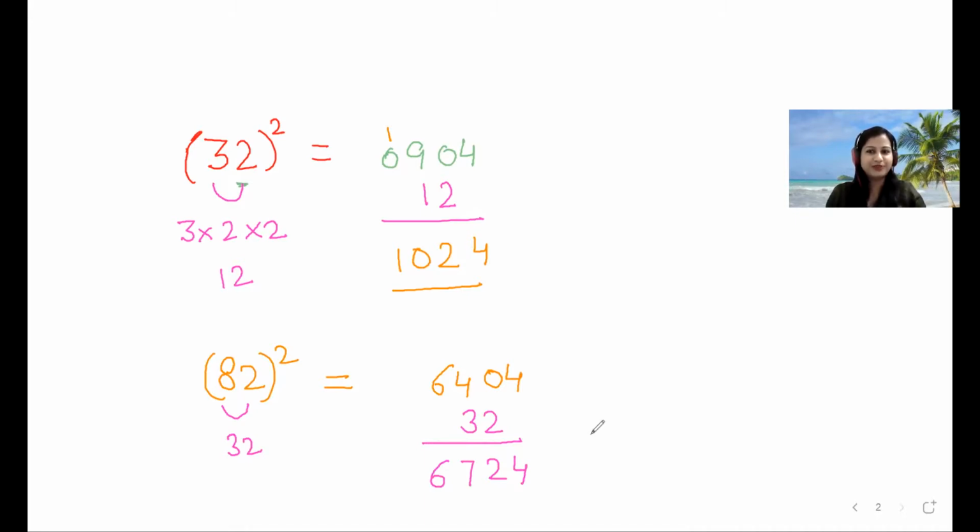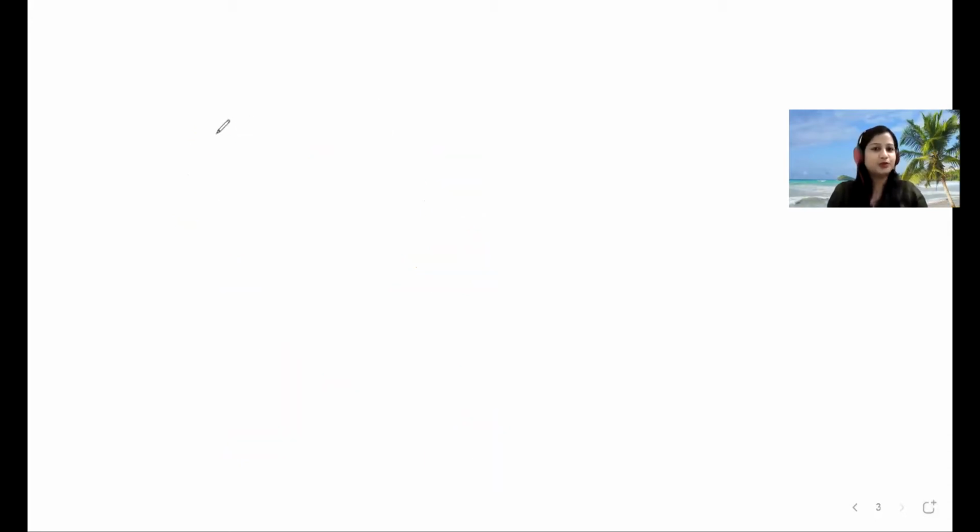All right, let's see for the numbers which are having unit place 3. So suppose I'm taking a number that is 43 square. All right, so if I say that the trick is similar to 1 and 2, it would be great, right? It would be great because the trick is going to be same over here also. So let's do the 3 square of the ones place. The 3 square would be 9, square of the tens place 16.